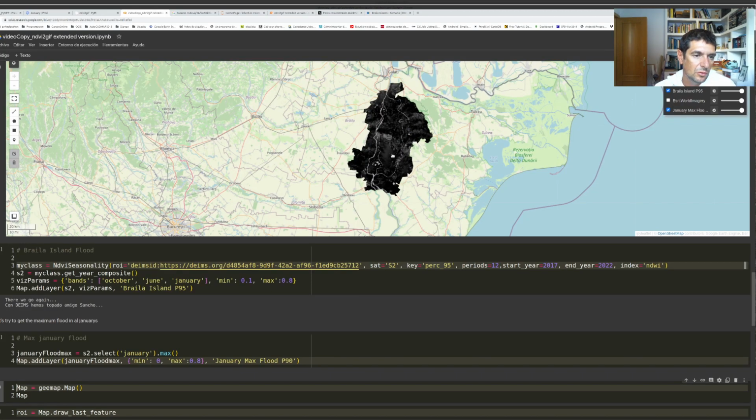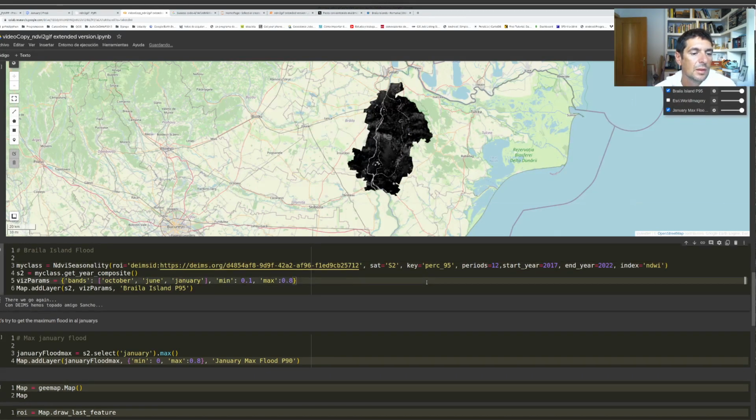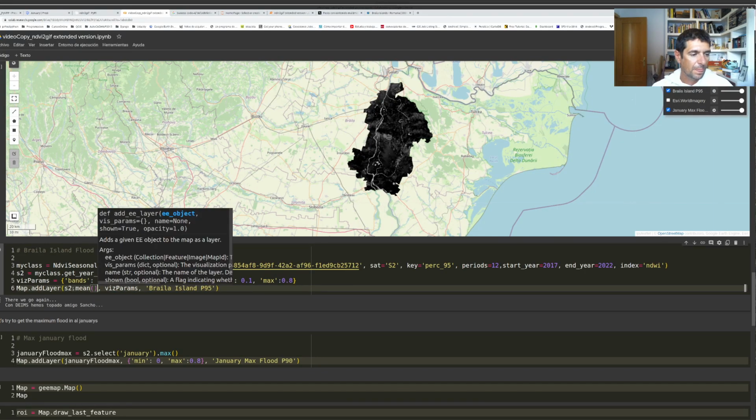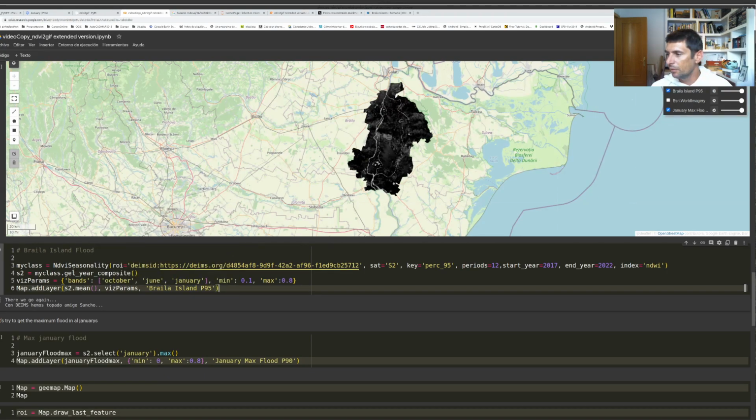Okay, so you're watching this now. And for example, you have seen this dot max. What do you think is going to happen if, when I add it to the map layer, I say, for example, here dot min? To the image with all the bands for all the years, I'm saying dot min. Okay, if I run this,